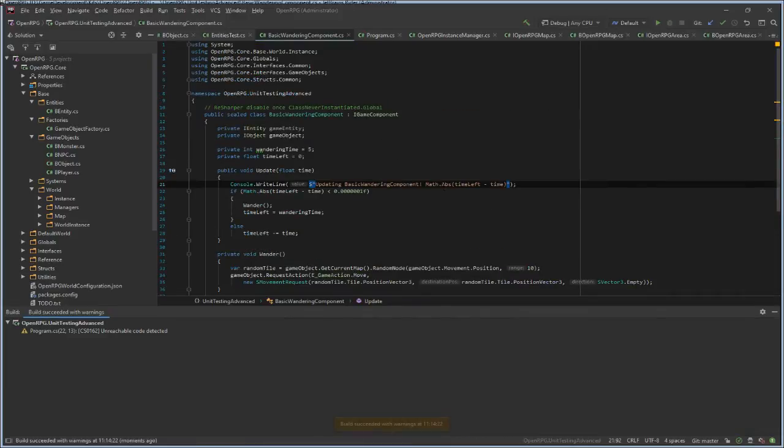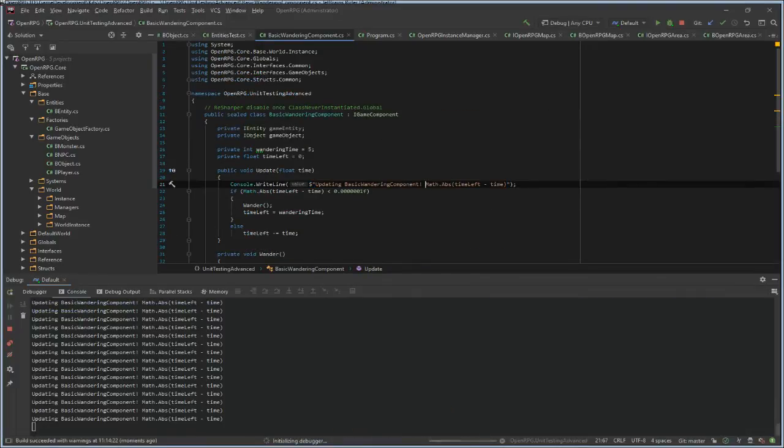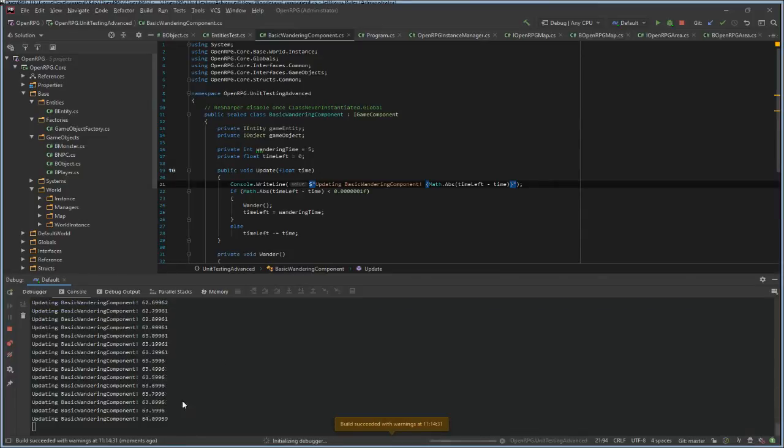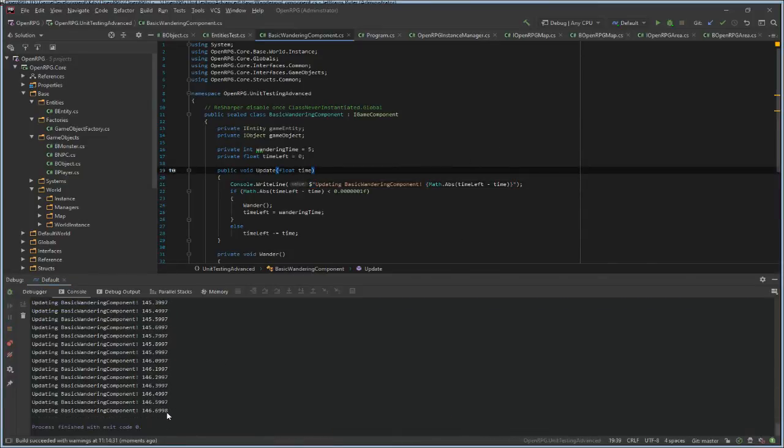Oh, not this. Not like this, brother. What? Just stop with this math bullshit.